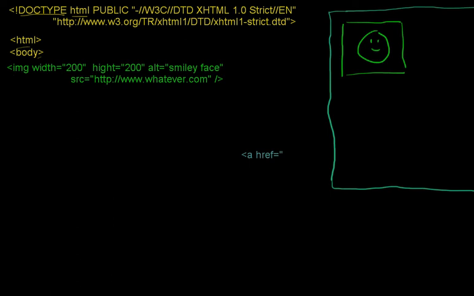It's kind of like the source from the image. You know, the image has a source, the link has a reference. This is the website that it's referencing. So I would put, I'm pretty sure HTTP has to be there. I don't think it'll work without that. www dot, you know,